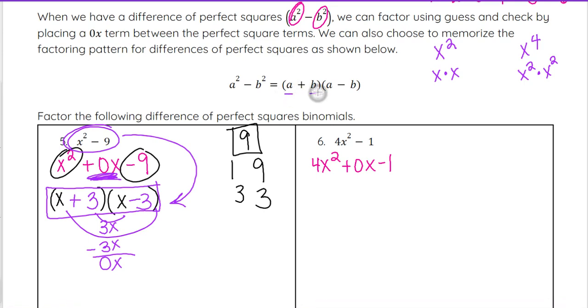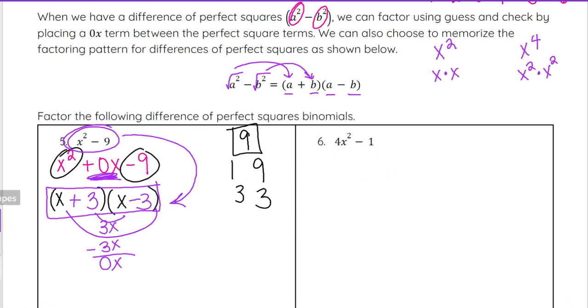So a and b come from the square root of each of these terms. That's what gives you a, and that's what gives you b. And then again, you're going to have 1 plus and 1 minus when you write this out. So we could have jumped straight to x plus 3 and x minus 3 instead of going through that entire